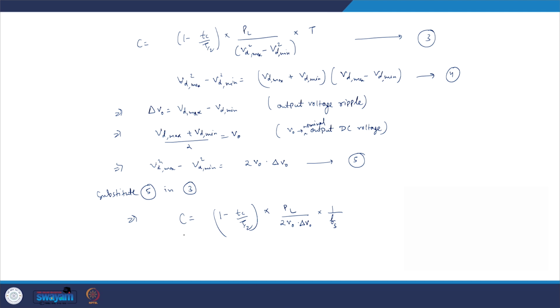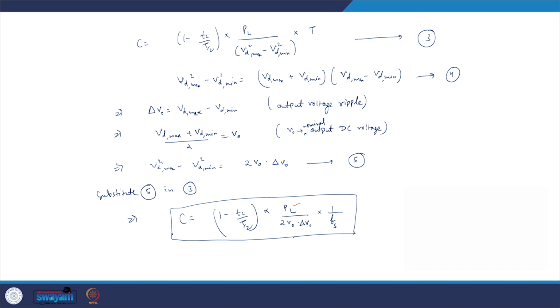So, this is the value of capacitance one needs to put for the required ripple delta V naught. And if you look very carefully at this particular thing, this PL will be the value given